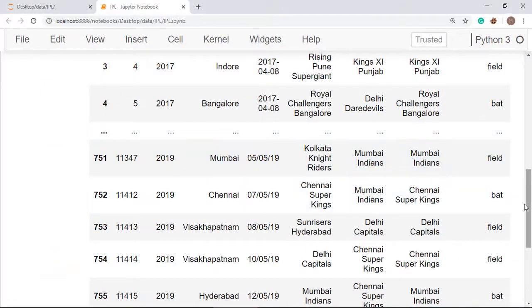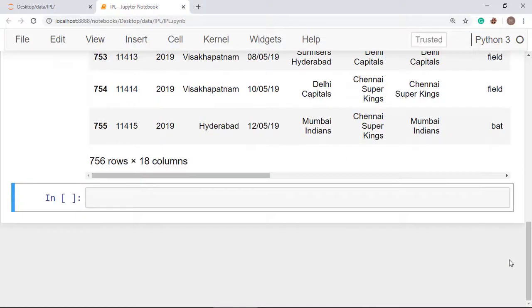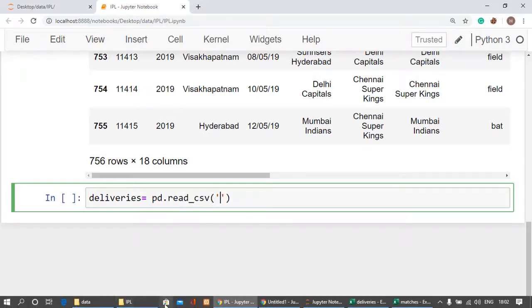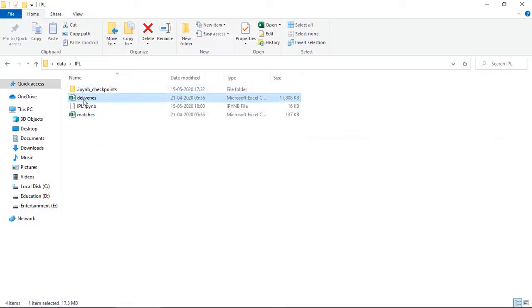Okay, so we have loaded the matches. Now we are going to load the deliveries file. So deliveries is equal to pd.read_csv, and take out the name of that file by going to that folder and pressing F2.